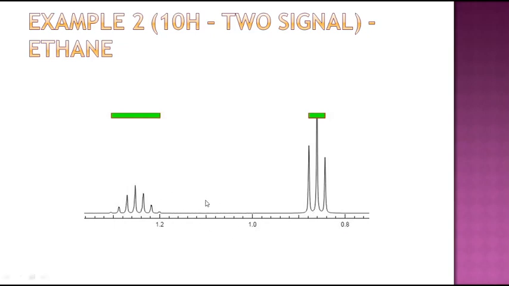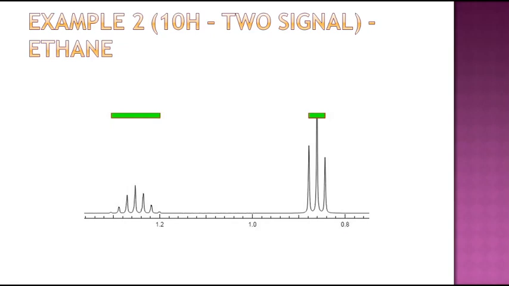Other things we can see in the splitting pattern, as I said already, we will see later, but we will explain here. The splitting pattern: the CH3 protons have an adjacent CH2. There are 2 protons adjacent to it. Though it may be that this CH3 has 2 protons and that CH3 has 2 protons, you should not calculate it as 4. It is only one signal, but in the vicinity there are only 2 protons, and the other 2 protons are somewhat distant.